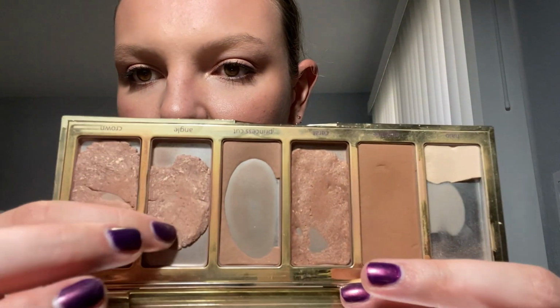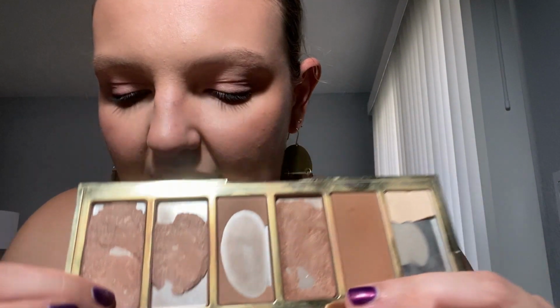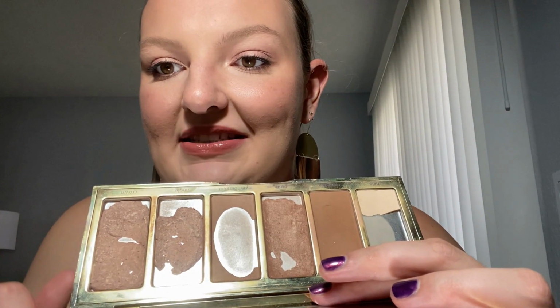And I'm starting to see a little bit of pan right there, and then there's another little pan right there and right there. There we go. Now you can see all the little specks of pan that are forming, and I'm just anticipating that those are gonna grow, and then all of a sudden I'm just gonna have no more product left. Because I frankened this, it's not very smooth, it's not flat, so it's not gonna show pan the same way that a normal